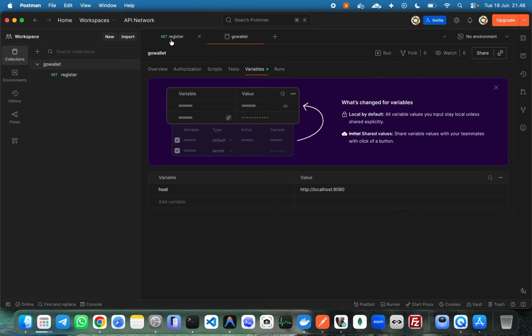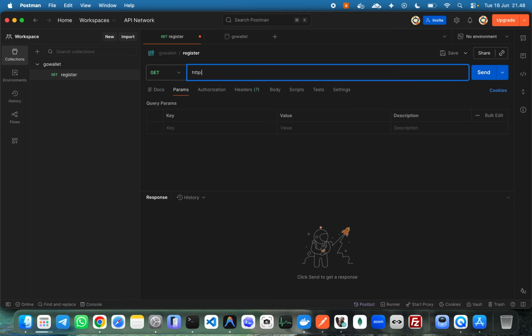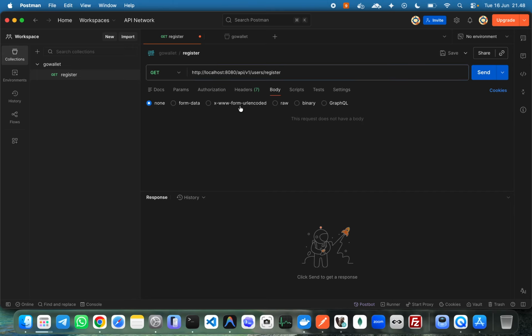Okay, this one. So basically I don't want to use this every time, but for now I will use this API v1 and users and register, and I want to create raw JSON